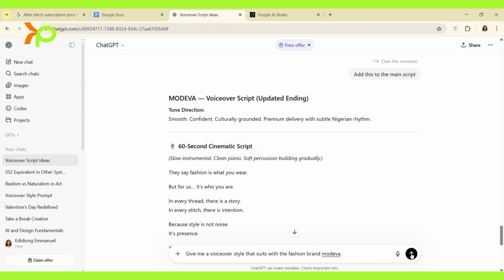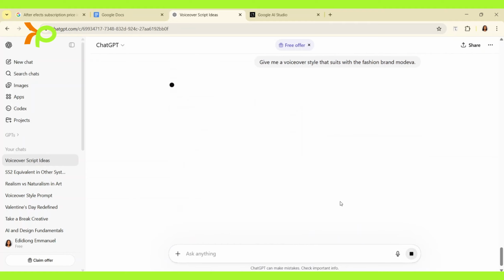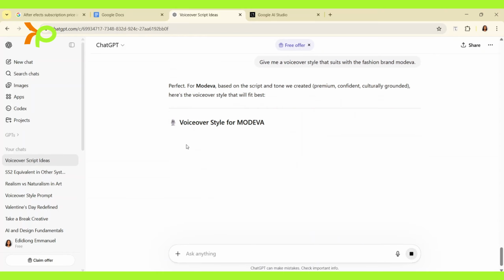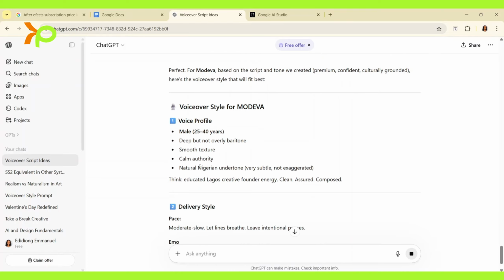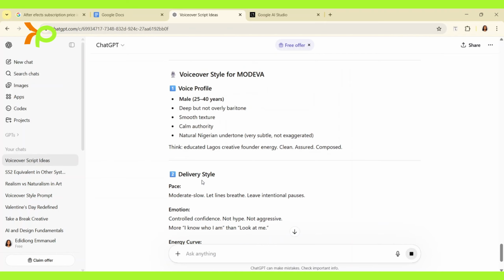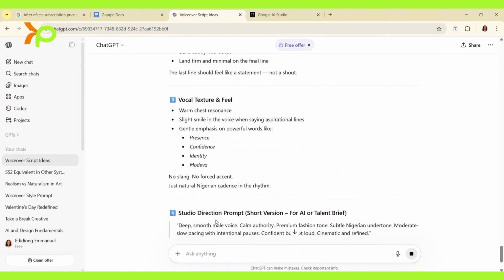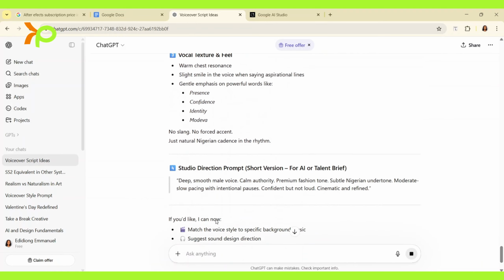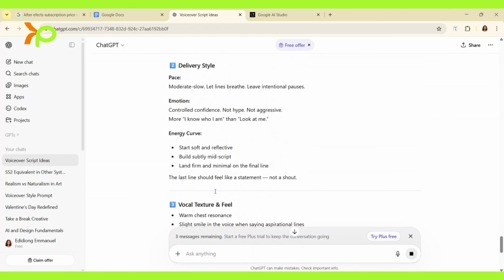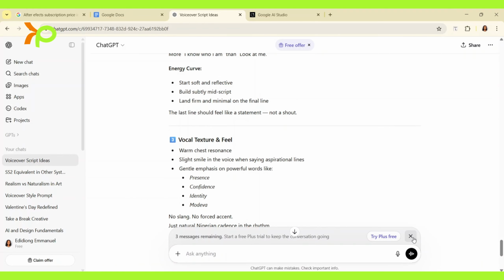So I'm going to send it right now. So this is actually the detail. This is for male. If you want it female, you can actually do that. In my case, I want it to be a female, not a male. And since I didn't give it any description of what the brand does in terms of details and the feel and the target audience, I'm going to tell it to give me